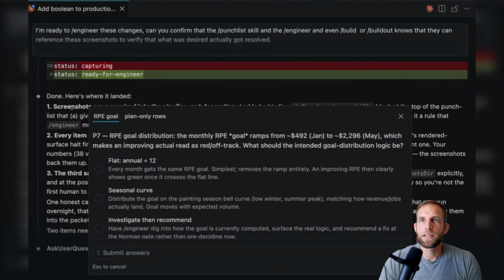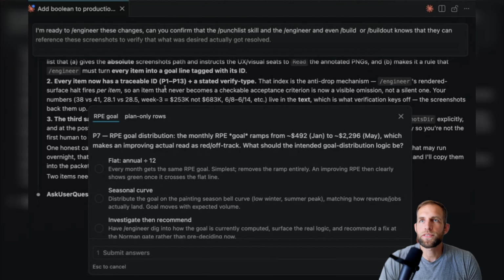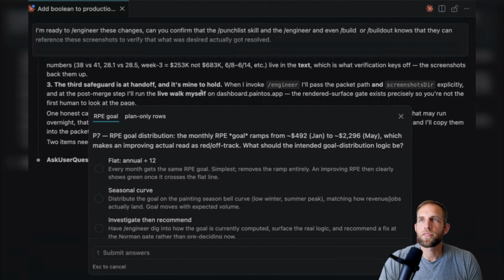It says the screenshots are now wired into the pipeline, not decoration. Every item now has a traceable ID. Third, safeguard is handoff is mine to hold. When I invoke engineer, I'll pass the packet on. Okay, great. So this is P7 RPE goal distribution, ramps from 492 in January to 229, which makes improving actual